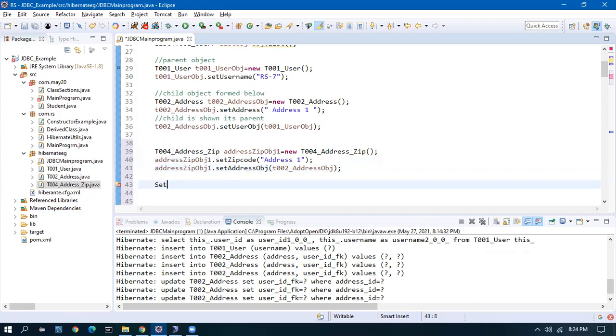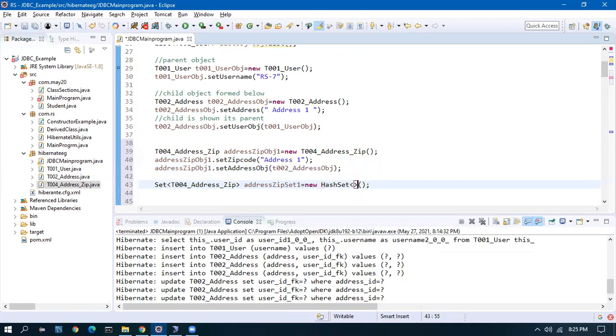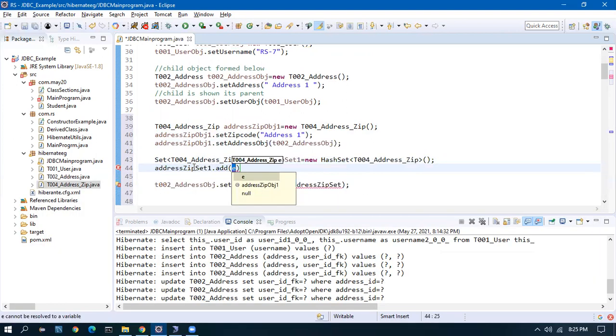Set of T004 address zip, set 1 equals new hash set. Now I have to add the child into the address zip set 1. Now this child set I have to give to the parent.